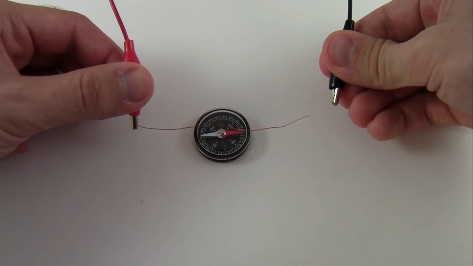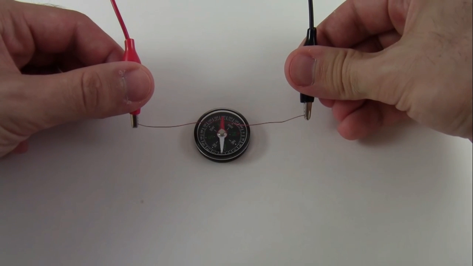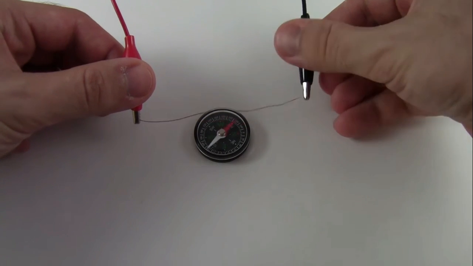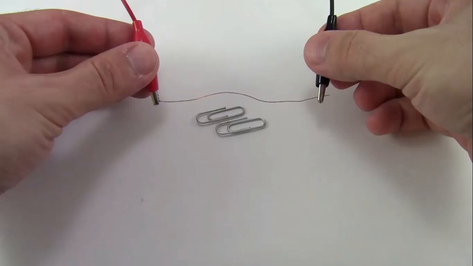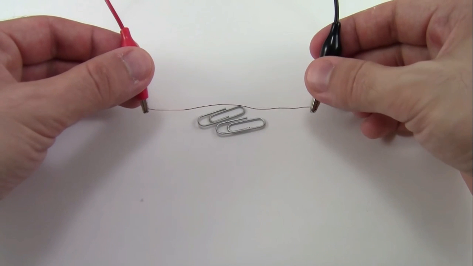Watch what happens when I connect this piece of wire to a battery. It makes the compass needle move just like a magnet did, so we know the wire must be creating a magnetic field. This magnetic field takes a circular shape around the wire like this. However, the magnetic field around a single straight wire is very weak, not enough to pick up even one of